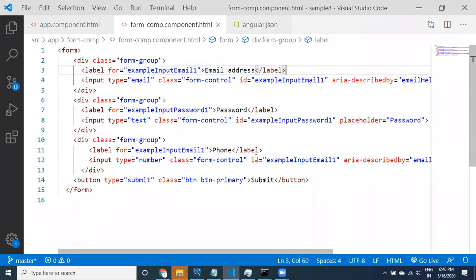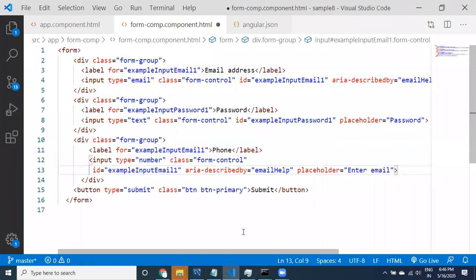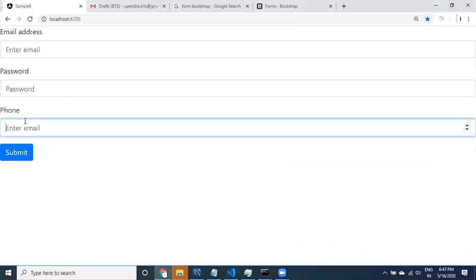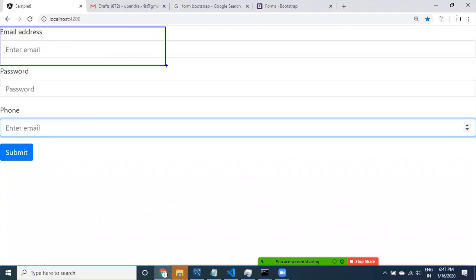Okay, not a problem. And one more thing: if you take this text box, the placeholder is nothing but "enter email". It's a placeholder, right? Where is it going to display? It is going to display in the UI here. See here, guys, here also it is saying enter email. Why? Because we have copied the UI code from this, so it is still available as email.